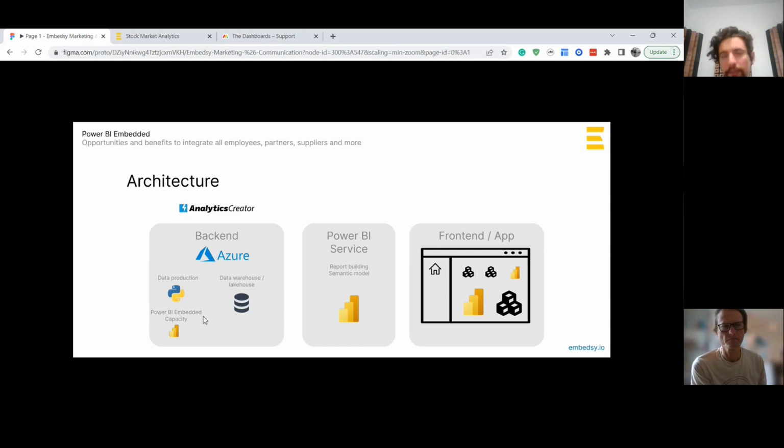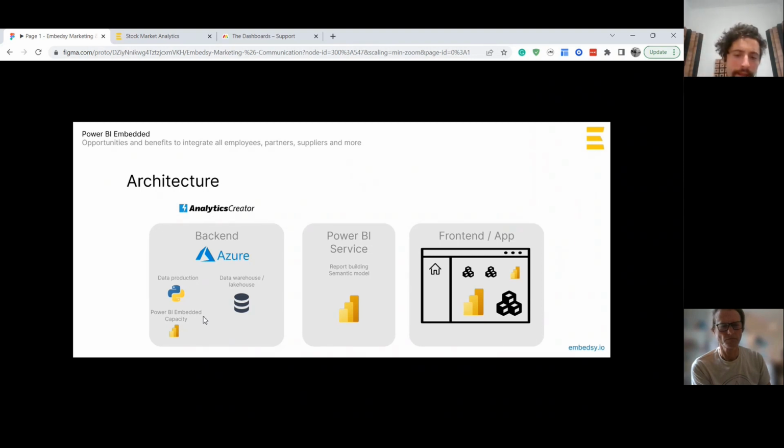Because with Power BI, I forgot to mention this, but let me mention the benefits of Power BI embedded in terms of cost. For example, with Power BI embedded, you don't need a license for every user. You purchase a capacity. The Power BI team has a page where you can look at their pricing. Just as a reference, the cheapest capacity is $700 a month, basically $1 per hour.